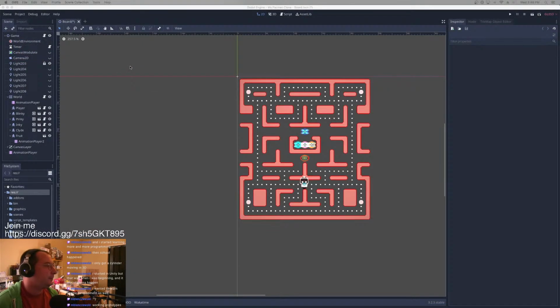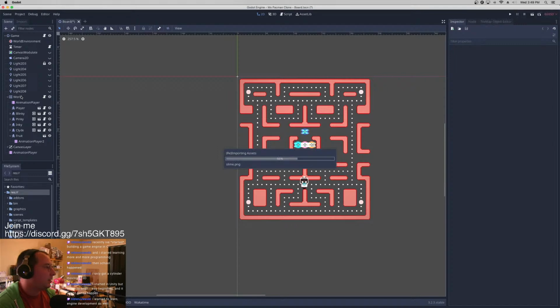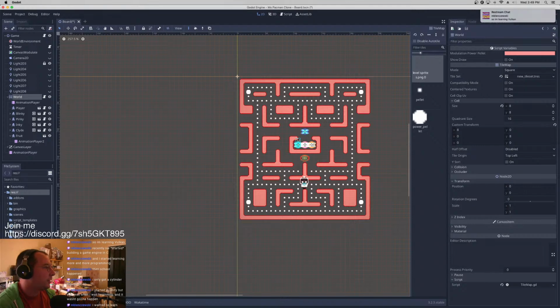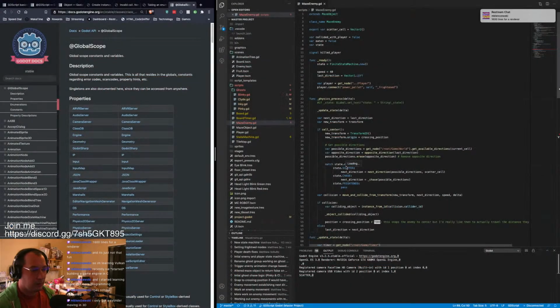Okay, so I've got to stop avoiding what I'm trying to do next, which is I need to set up the stage here. I need to work on a process of having the ghosts leave their home. So let me close this area up, and then we're going to